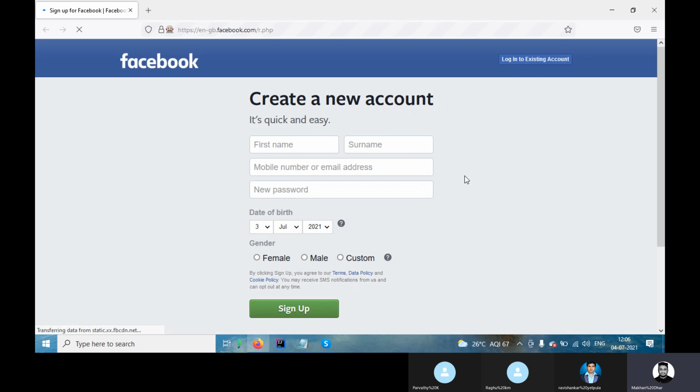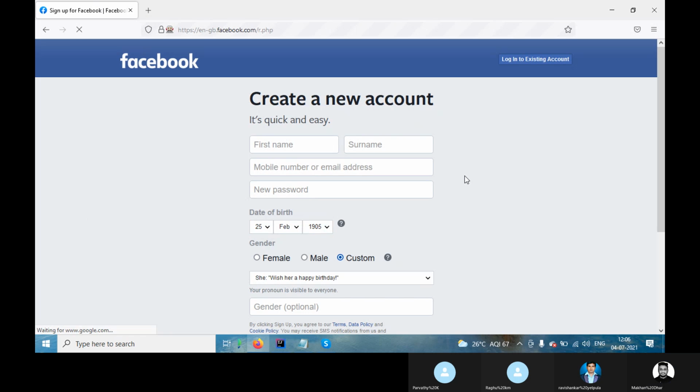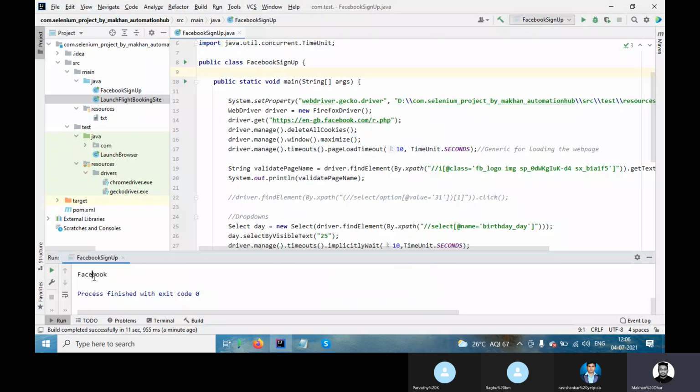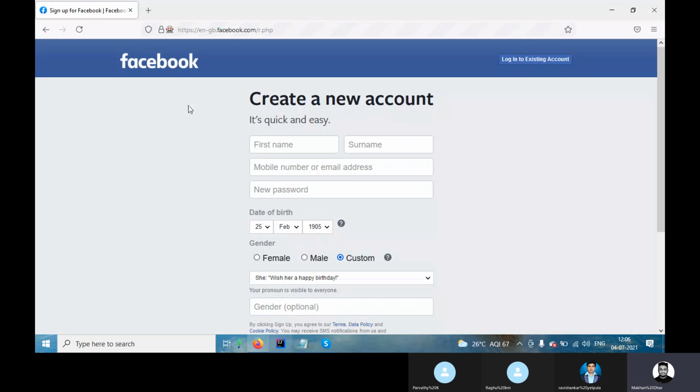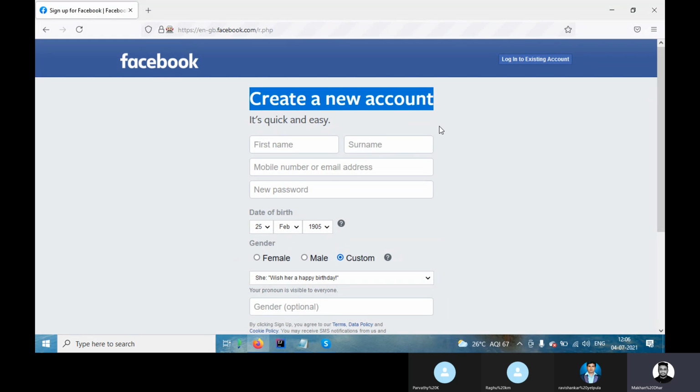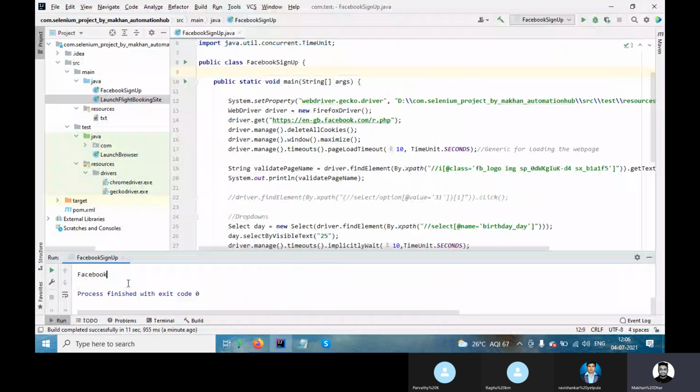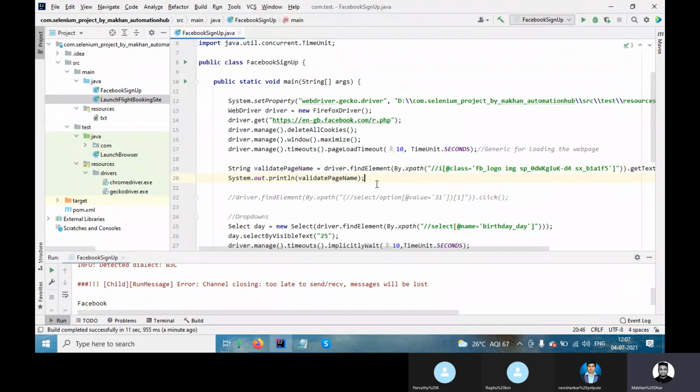Now it's loaded the page. Okay, now go to your ID. Can you see Facebook is coming? Whatever is there, or create a new account, this you want to validate. So you are able to validate. Facebook is coming means this is coming correctly.